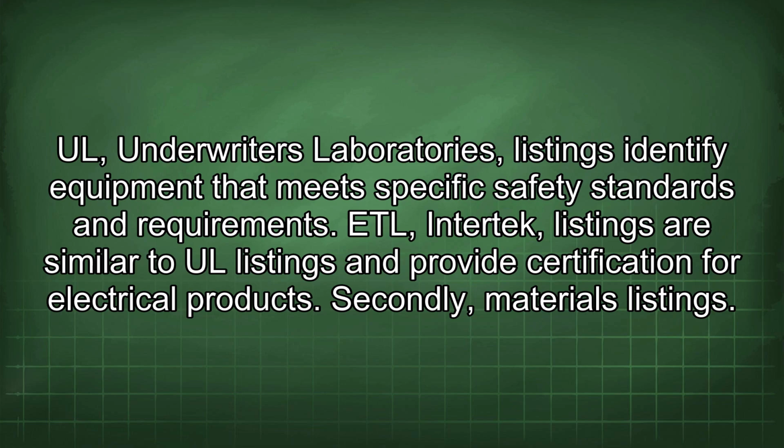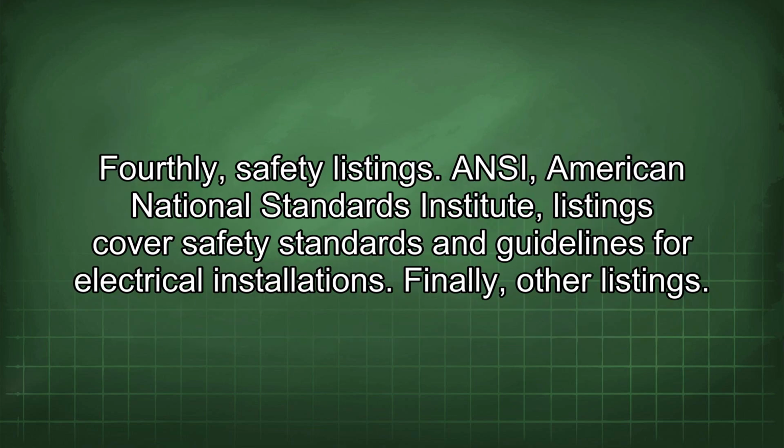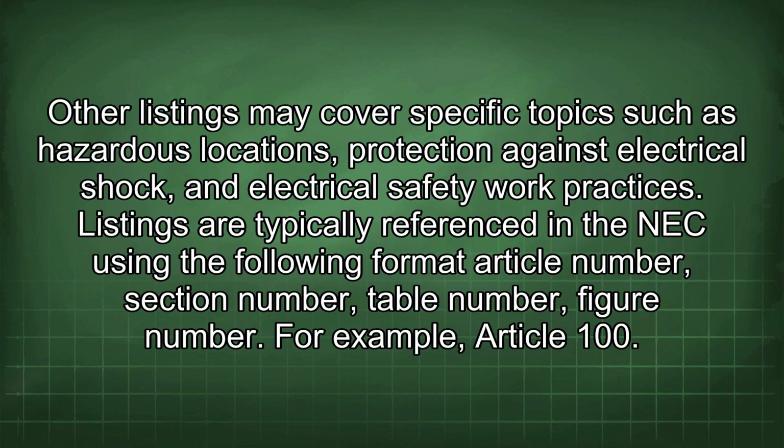Secondly, materials listings. ASTM, American Society for Testing and Materials, listings provide specifications and standards for various materials used in electrical installations. Thirdly, installation listings. NEC listings provide specific installation guidelines and requirements for different types of electrical systems and components. Fourthly, safety listings. ANSI, American National Standards Institute, listings cover safety standards and guidelines for electrical installations. Finally, other listings. Other listings may cover specific topics such as hazardous locations, protection against electrical shock, and electrical safety